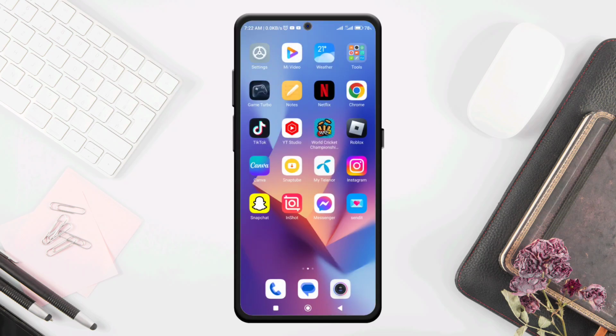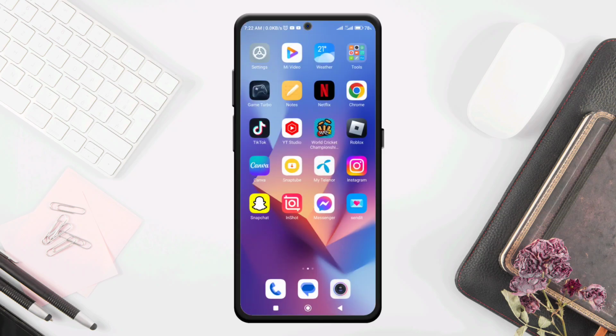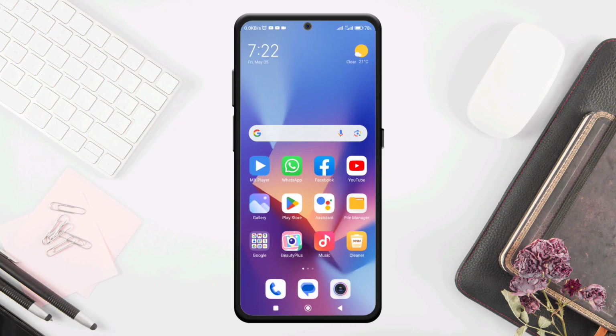If the problem is still there, then you can again press and hold the app, and you have to again click on storage and cache, and this time you have to clear the storage as well. After that, if the problem is still there, then you have to simply open the